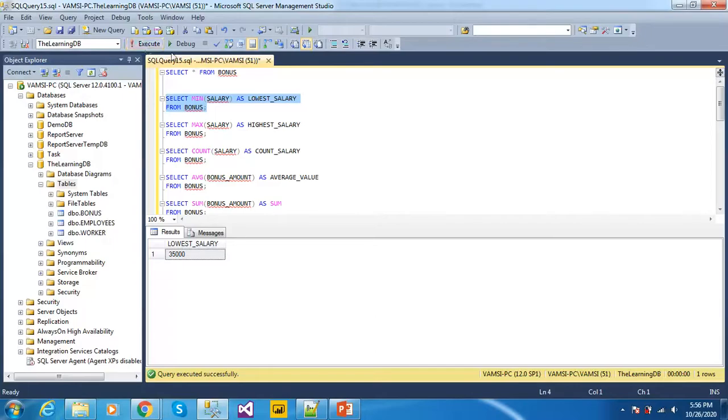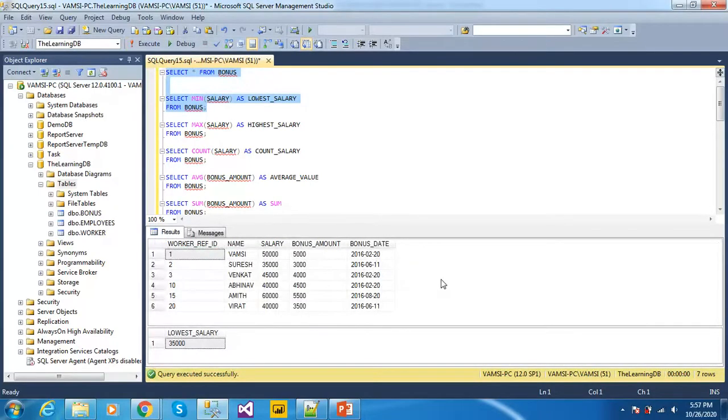Now we have got the minimum salary as the lowest salary from the table bonus. The minimum salary from the table bonus is 35,000. Let us run both the queries. You can see the minimum salary from my table is 35,000 in the second row.